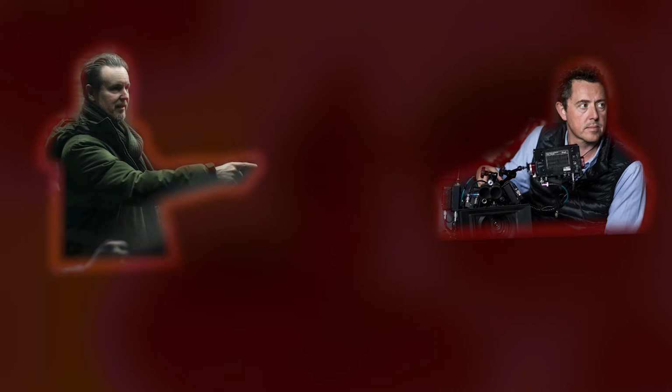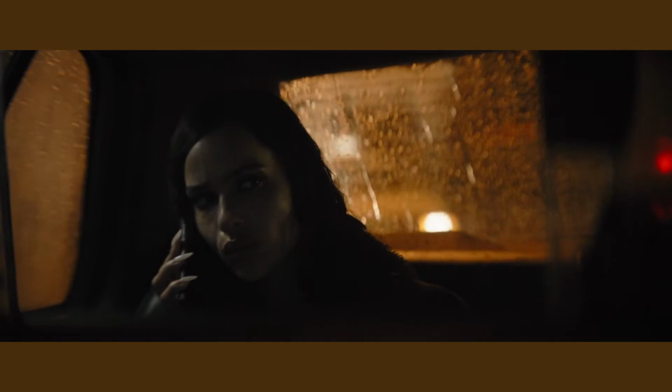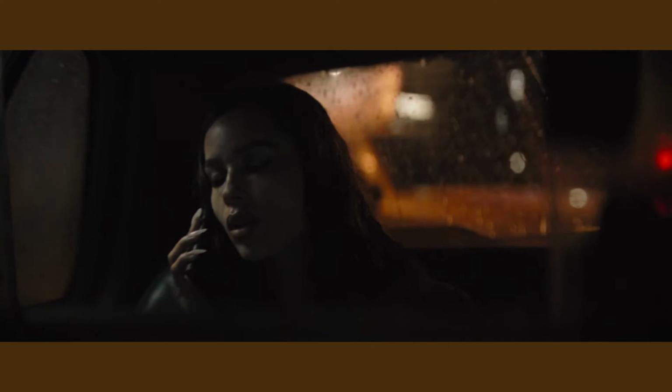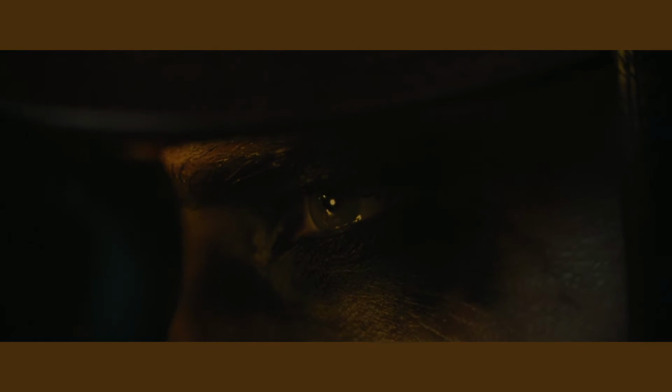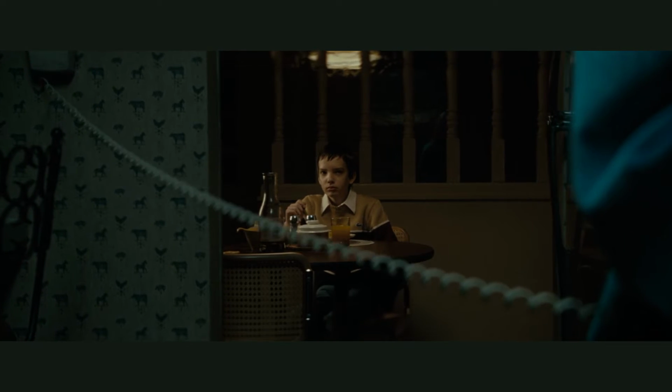This was the first collaboration between director Matt Reeves and cinematographer Greg Fraser, and his second with composer Michael Giacchino. This film paved the way for what the trio would go on to accomplish when they reunited for The Batman over 10 years later. Let Me In is a dark tale of a young boy who develops a relationship with